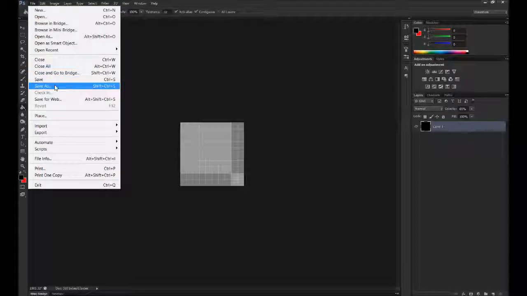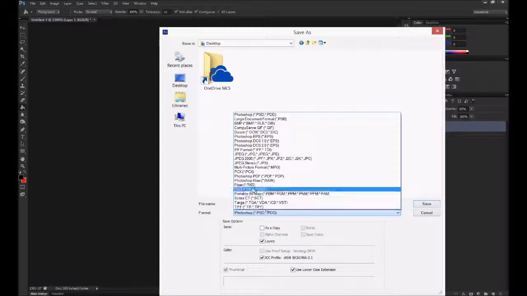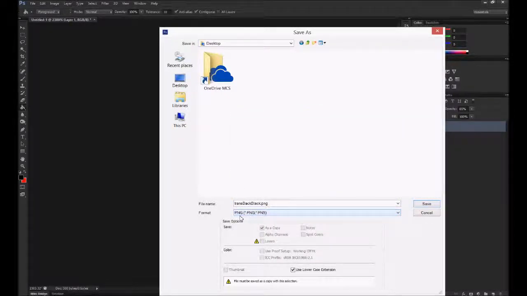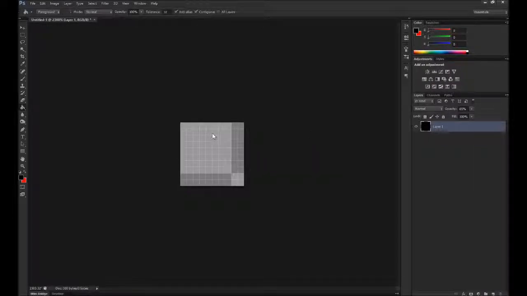File, save as. Now you want to save this into the location that your website files are. I'm just going to put it on my desktop for now, and I'm going to call it trans back black. Okay, and you want to make sure it's a PNG, very important, because some of these other formats will not recognize transparency. Make sure it's a PNG, save, say OK. Okay, now we have a transparent image,